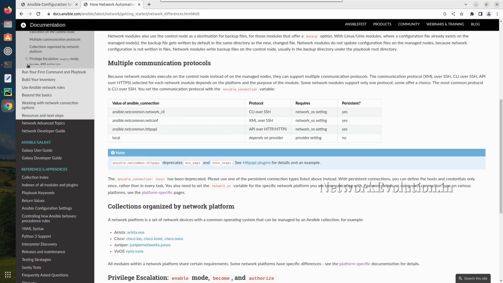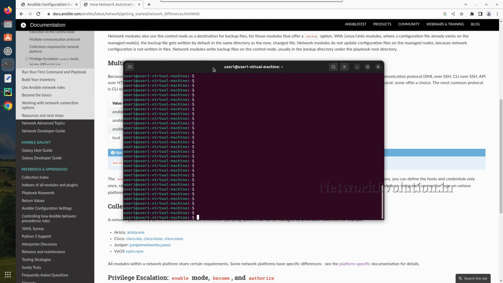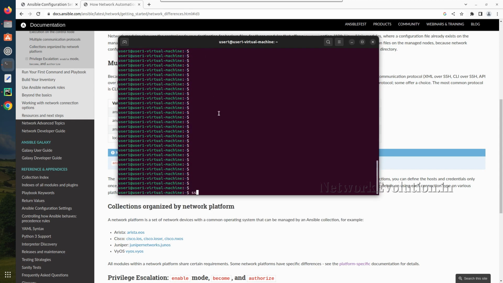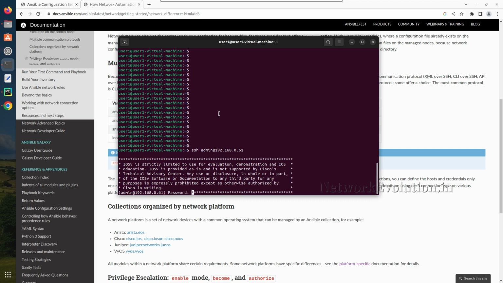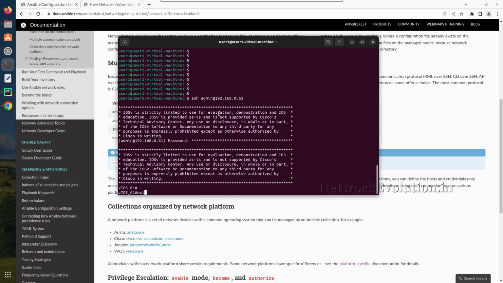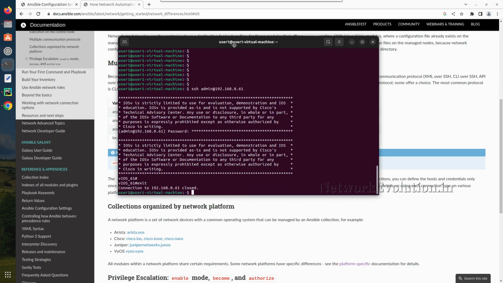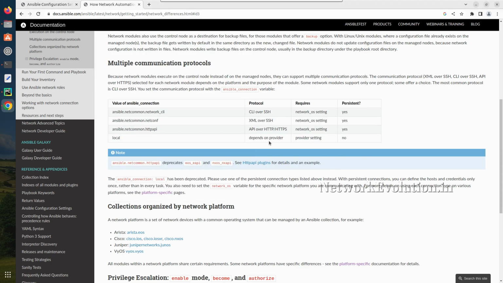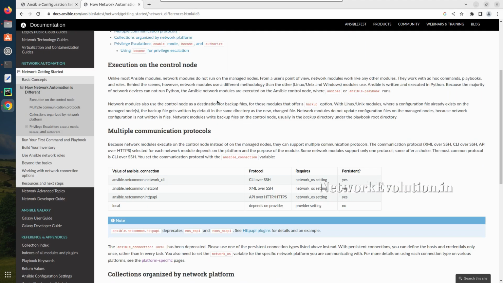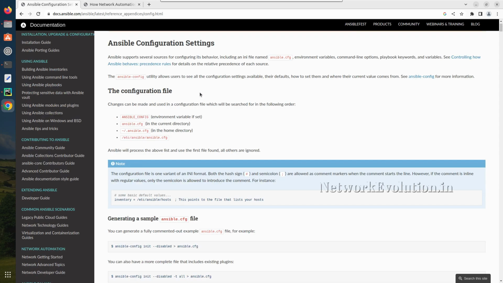I already have 3 Cisco devices reachable from this particular device. For example, I can reach out to one iOS device, 0.61. So we'll try to connect to these devices using Ansible. So first let us get into the documentation of Ansible